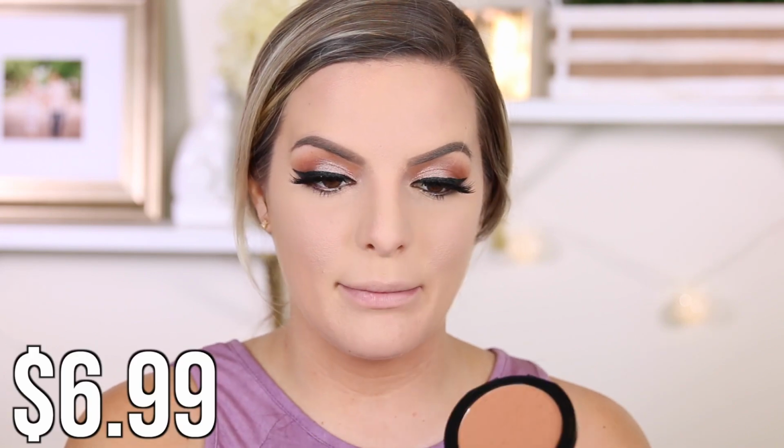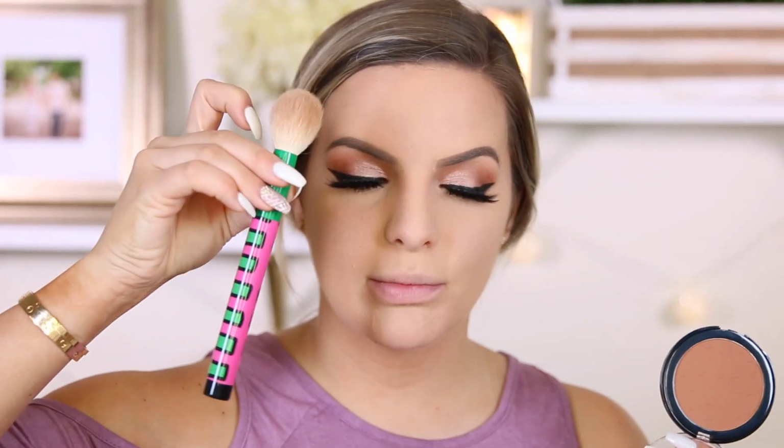Next, we're using this Tan Time bronzer. This is in the shade Light Medium. This is what it looks like. I feel like it's very dark for a light medium, and it is more of a red toned bronzer, so just keep that in mind when you're looking into this. I'm going to go ahead and just use this Sonia Kashuk brush that I've been really loving. I like that it's pretty precise and fluffy, so I don't get too harsh of a bronzer. So I'm just going to dust this